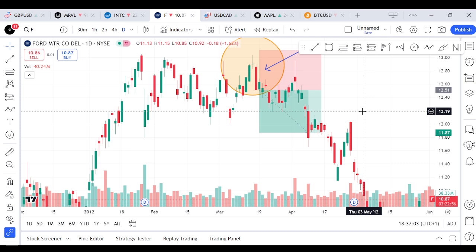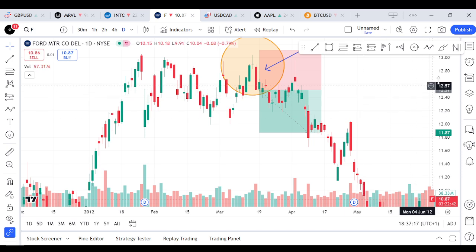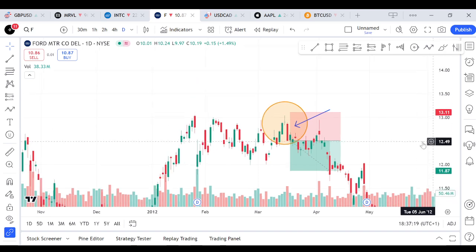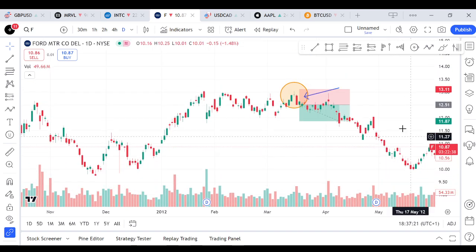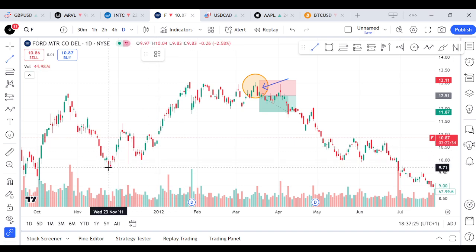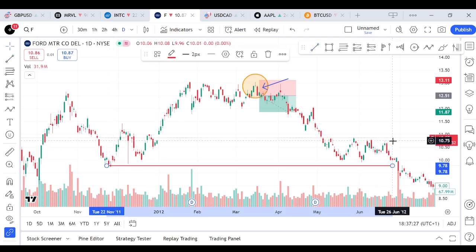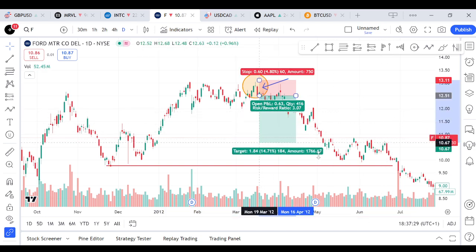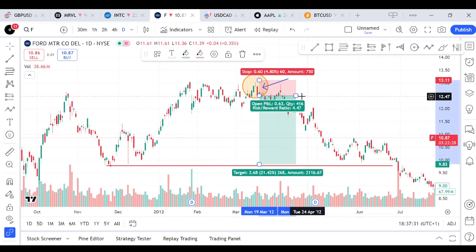So for your take profit, you can set up your profit targets based on previous support levels. A conservative target would be the most recent swing low. For more aggressive trades, you can aim for lower support levels or use a risk to reward ratio of at least 1:2. So this right here is the recent swing low. If you're to target there, you could be having this trade